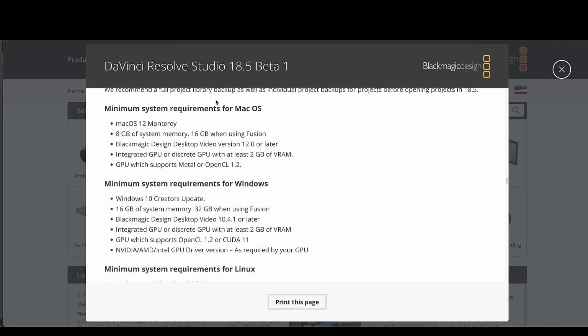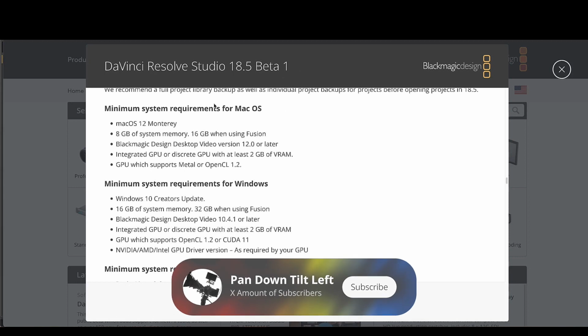Hi! Recently, Blackmagic Design released a new version of DaVinci Resolve. Version 18.5, it's a public beta. We're on beta version 1. Before we look at some of the top 10 features in this, and this is my list of the top